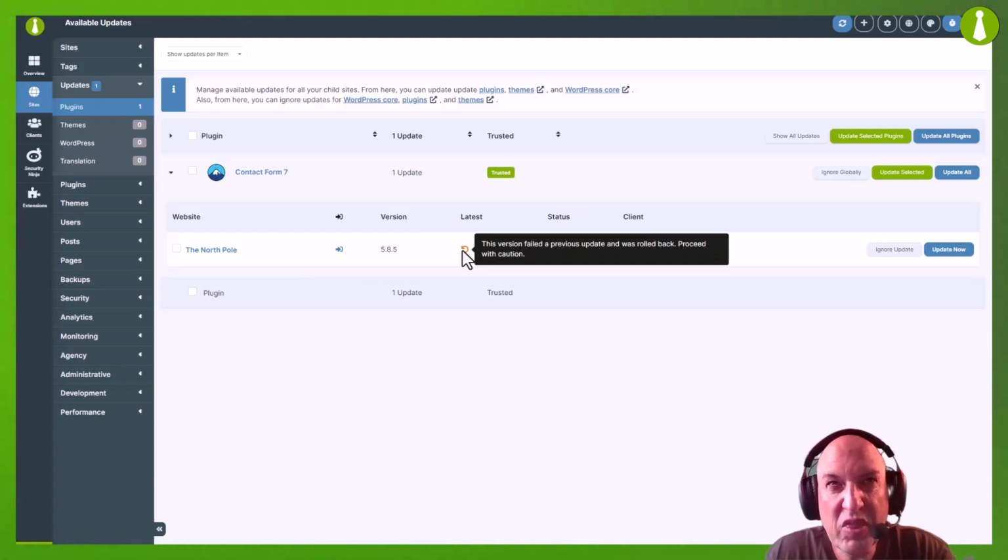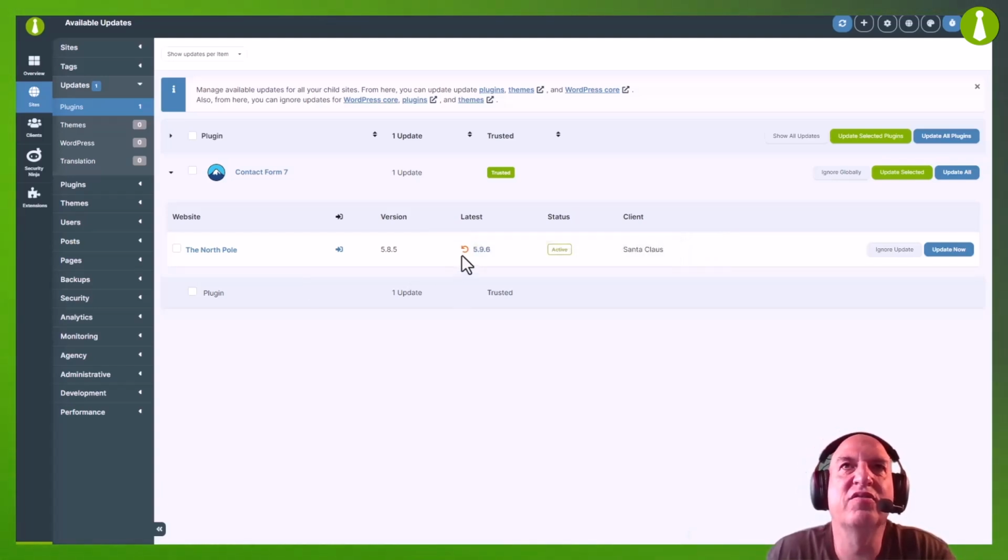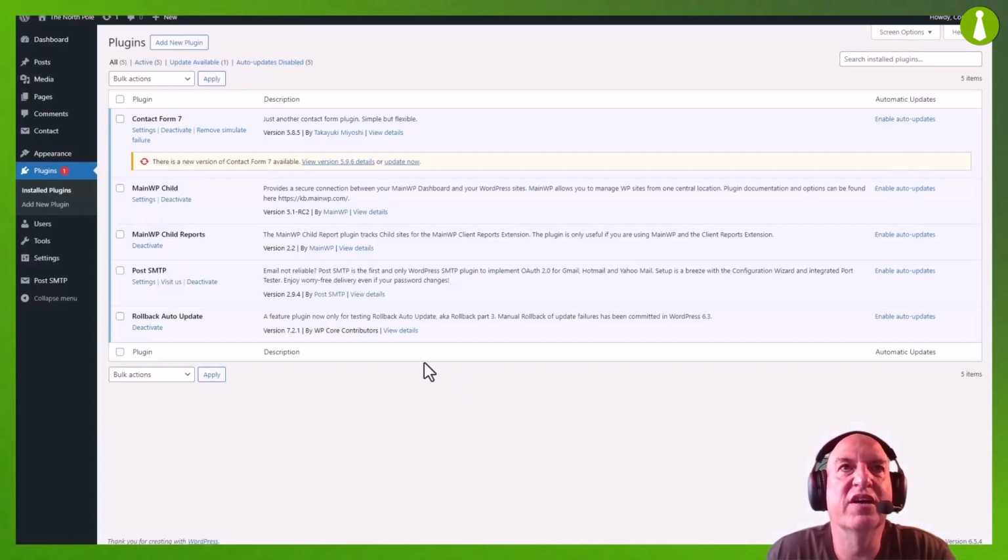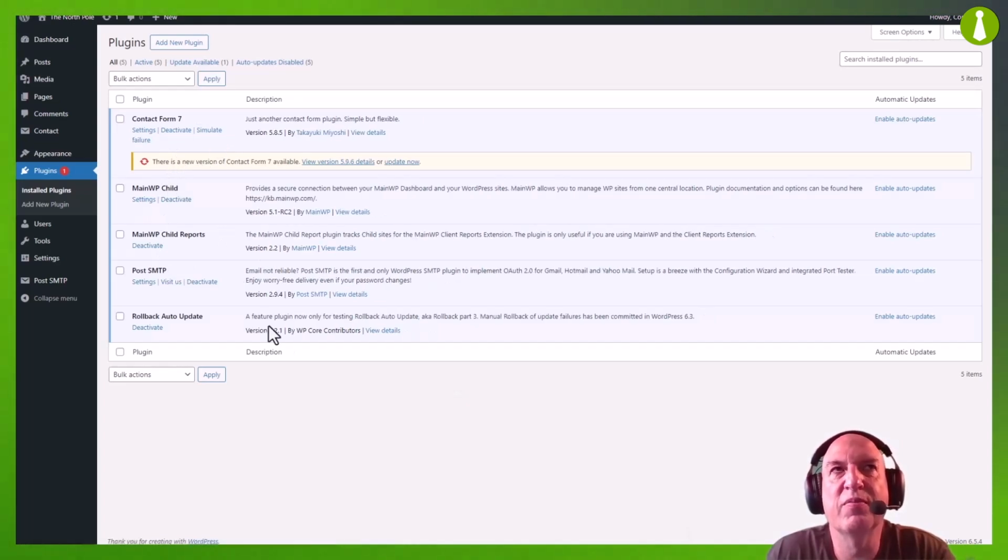So this is how it's going to manifest itself when you do an update on MainWP and you run into an error. It did not actually do the update, as you can see here, and here's the latest version. So if I were to go back to the North Pole now and remove the simulate failure,